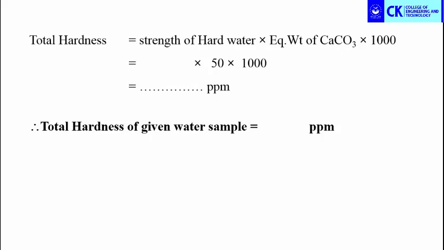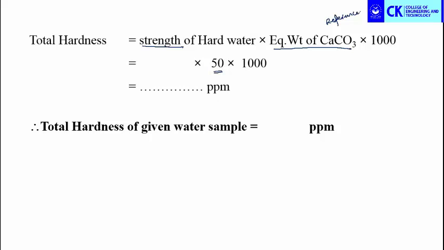We need to multiply the obtained strength of hard water from titration 2 by the equivalent rate of calcium carbonate hardness, because calcium carbonate is taken as the reference value here. So we need to multiply with the calcium carbonate equivalent rate. Here 50 is the calcium carbonate equivalent rate, so that we can obtain this amount of equivalent calcium carbonate present in the given water sample. Like that we can express. If you get 500 ppm, it means 500 ppm equivalent of calcium carbonate hardness is present in our water sample.